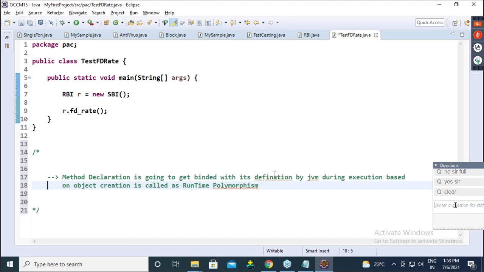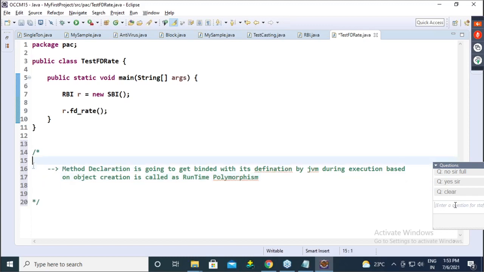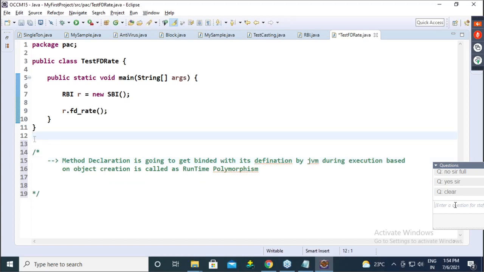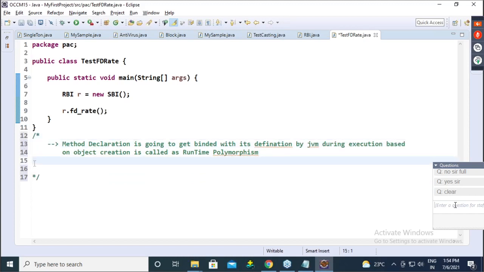Now guys, observe this definition here. Let me explain. Method declaration. Which method declaration, guys? FD rate. It is bound with its definition, whatever the implementation of FD rate, by the JVM during execution based on object creation.